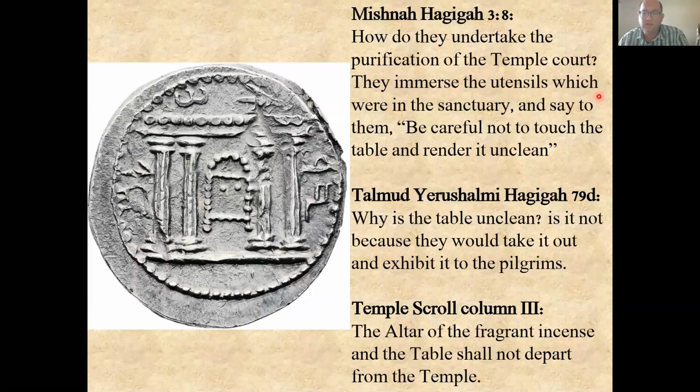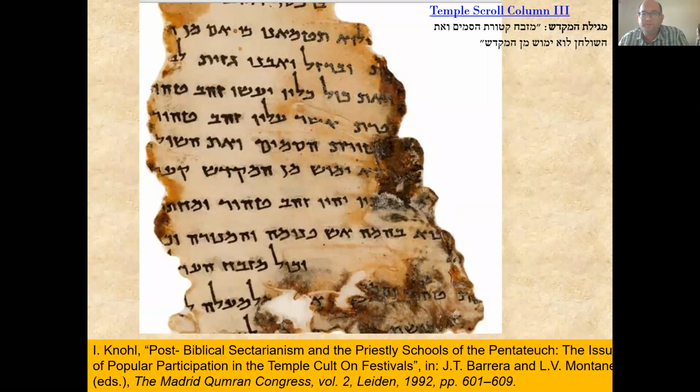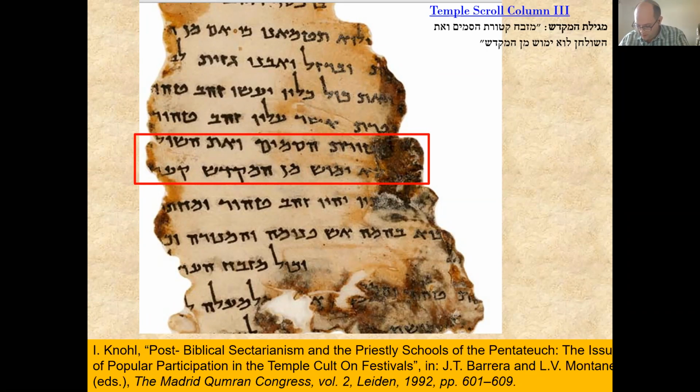the temple, from the Qumran scrolls, from the temple scroll, column 3, and you see it over here. And this is an interpretation of Israel Knoll, and I brought the reference below, but you can see the quote, the line over here, מזבח הקטורת הסמים ואת השולחן לא ימוש מן המקדש. So that's actually the writers of the scroll. That's their opposition to the custom of removing the table from the sanctuary and the festivals and showing it to